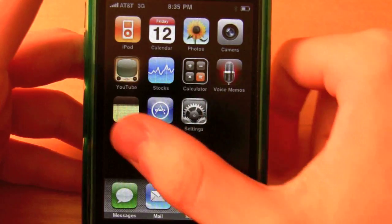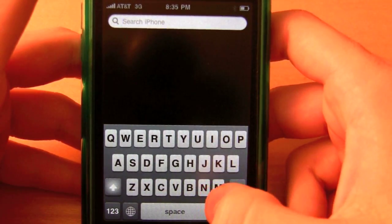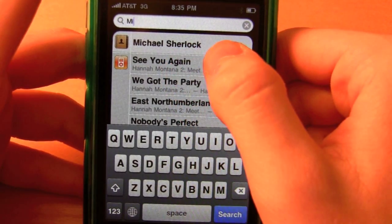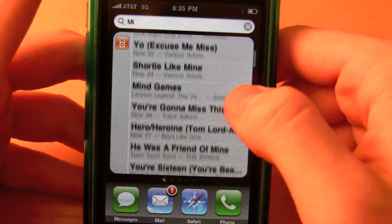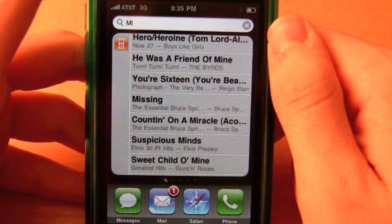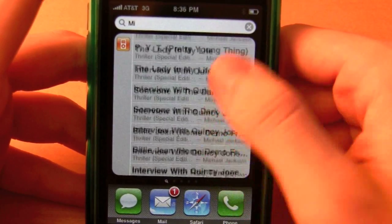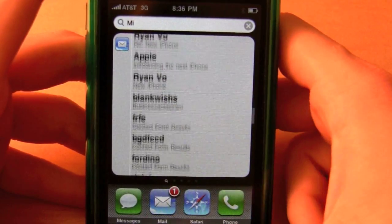Universal search is the next thing I want to show you. It's called Spotlight, and I'm just going to show you real quick. I just started typing MI. I have my contact information come up here. Then Hannah Montana, not that I listen to it, but it's just on my iPod because on my computer is where the entire music library is for my entire family to sync their devices, so all the CDs are on there. But you have some more respectable stuff such as Guns N' Roses. Then if you scroll through all that, you'll have email. And if we go into settings,